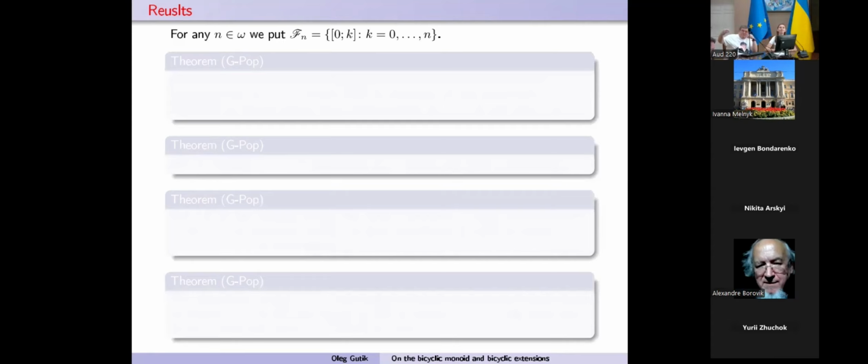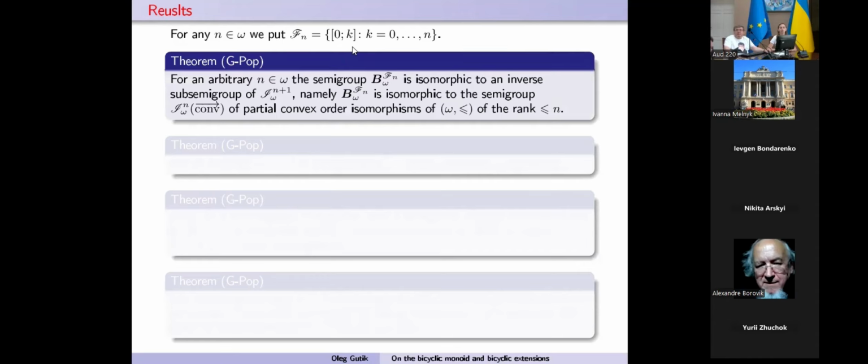We consider two cases. We have F consisting of one singleton set and the empty set, and an inductive subset. Or what will happen when our family F consists of finite subsets of omega? We can fix any positive integer n and consider such a finite interval of omega, and we get the following statements. This result is joint with Oleg Gutik,